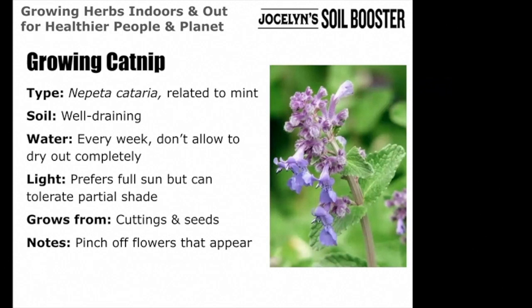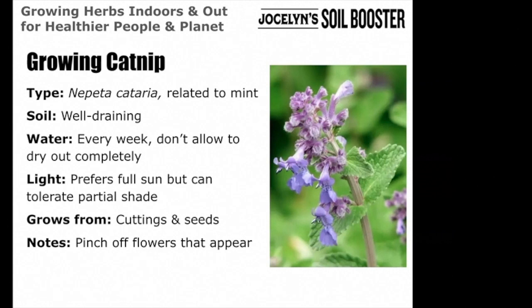And this one also needs well-draining soil, although this one doesn't want to be dried out as much as the other two plants. So you do want to water this one every week, and don't ever allow it to dry out completely, as they do need a bit more moist soil. They do prefer full sun, but they can really grow anywhere, even in shady conditions. These ones you can also propagate easily, like Jocelyn was mentioning. You can take cuttings and propagate your plant, or you can get new seeds to start your own new plants.